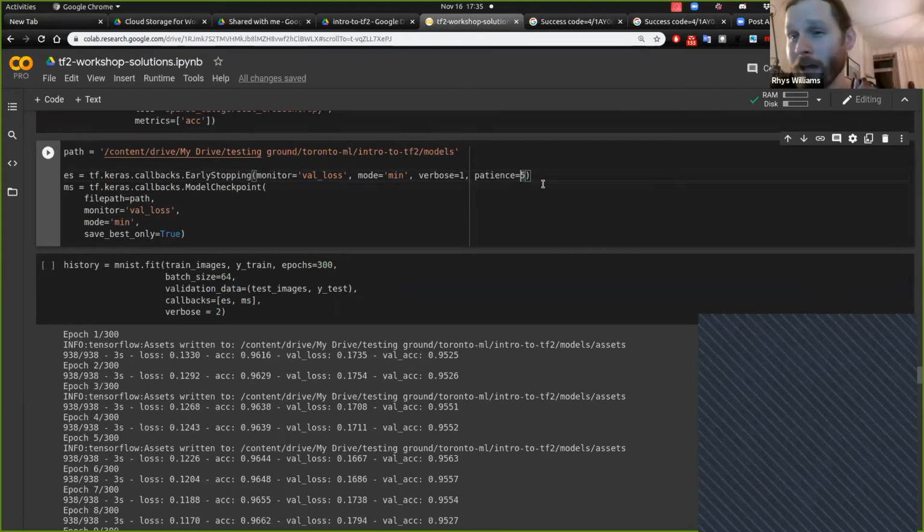So it's worth bearing in mind, once you start getting more complex with this, that patience is a hyperparameter you can change, and one you should change if you know you're dealing with data that is that complex. The other thing I've got is a model checkpoint